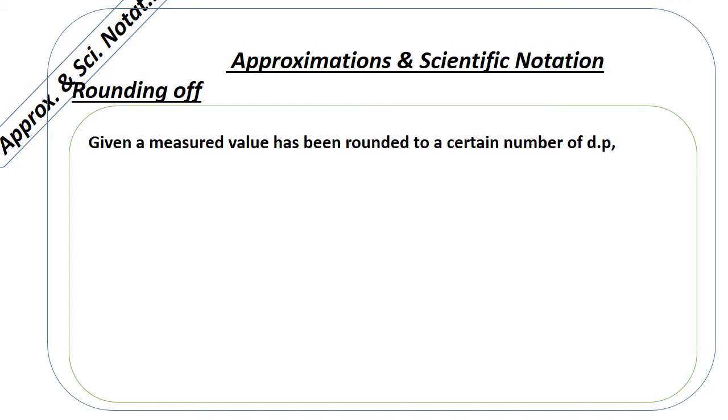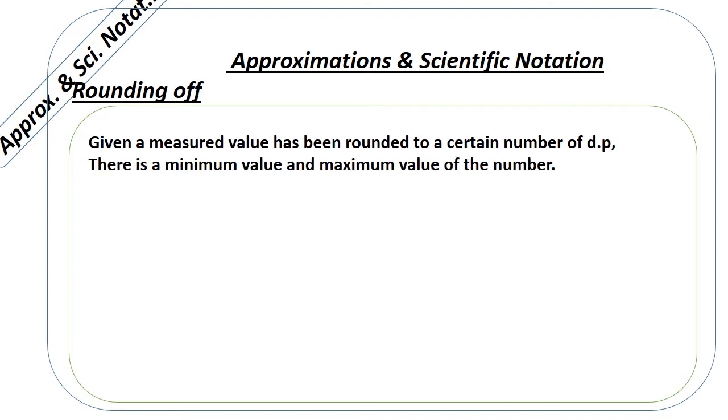Given a measured value, which has been rounded to a certain number of decimal places, there is always a minimum value and a maximum value of that number. So let's say we have this number 2.345. There are different numbers which this 2.345 can be, but we can't tell if it has already been rounded off. So the possible values of 2.345 might include